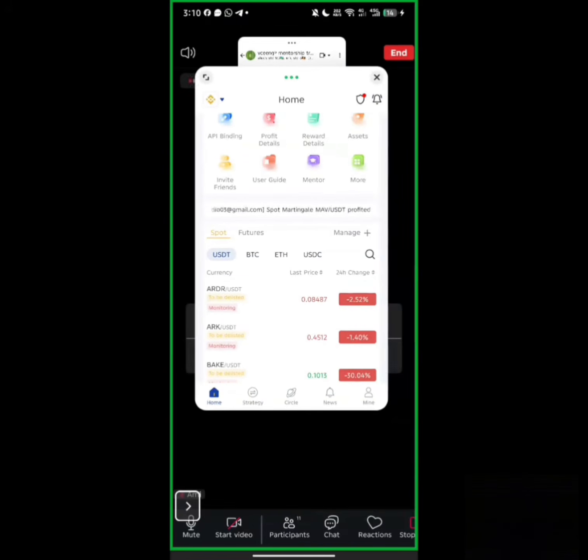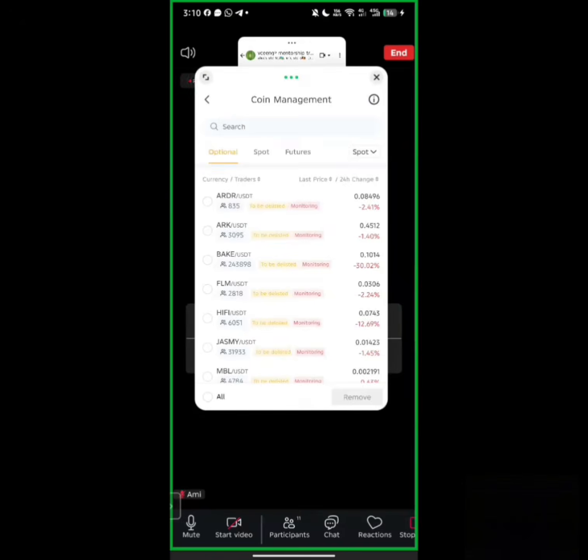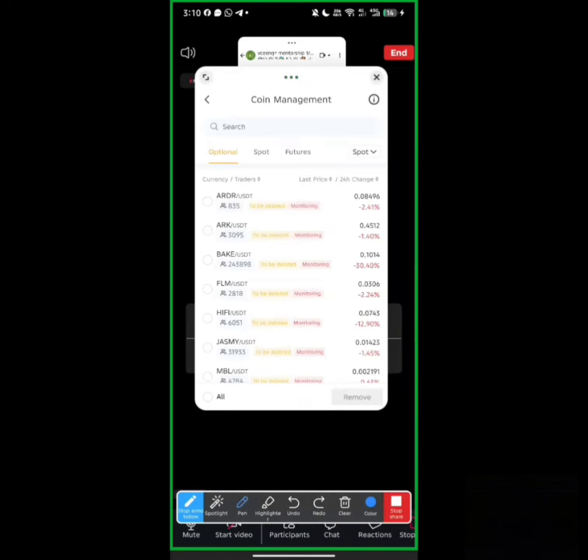Okay, when you click on manage like that, you're going to see this page. This page is going to pop up. So what you do is you click on this page. You're adding the coins. You see, it's the coin management. So what you do is you click on